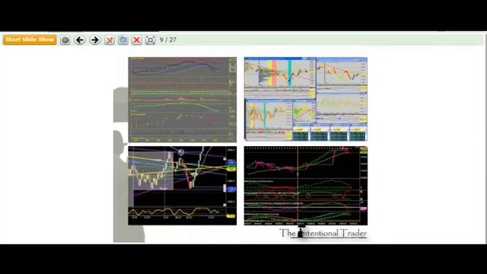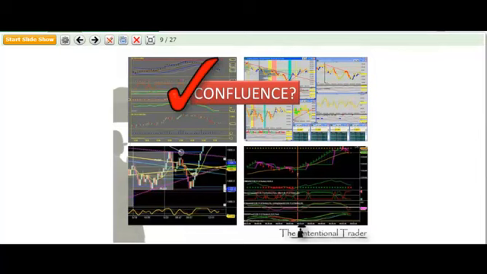So let's use trading as an example. On these charts, these charts may look very similar to something you're trying to use, maybe very familiar. Now, each one of these charts may or may not have areas of confluence on them, suggesting that you might have a potential trade entry. So let's just say each of these charts suggest a good point of entry on a trade. So let's say we have confluence.